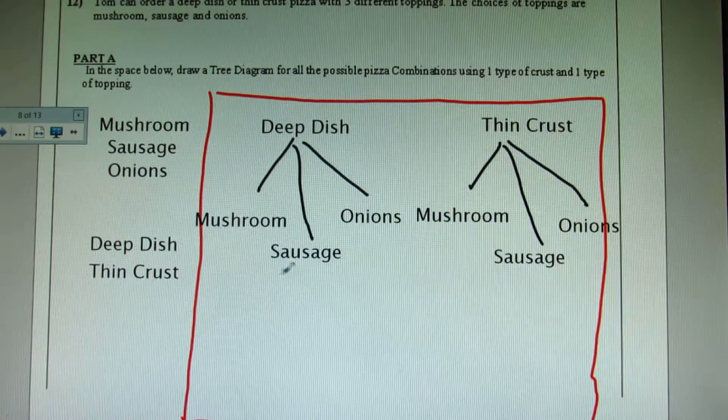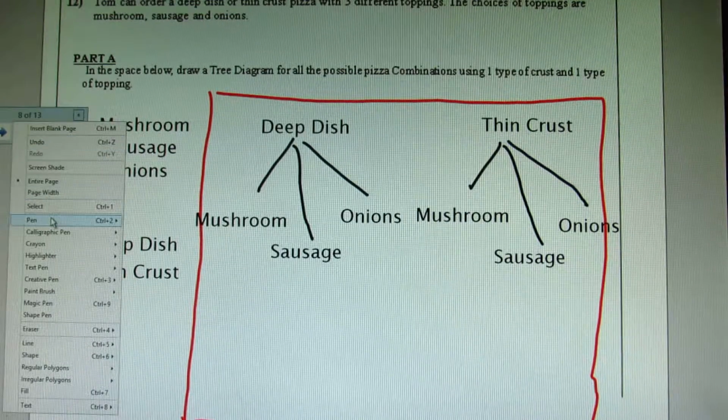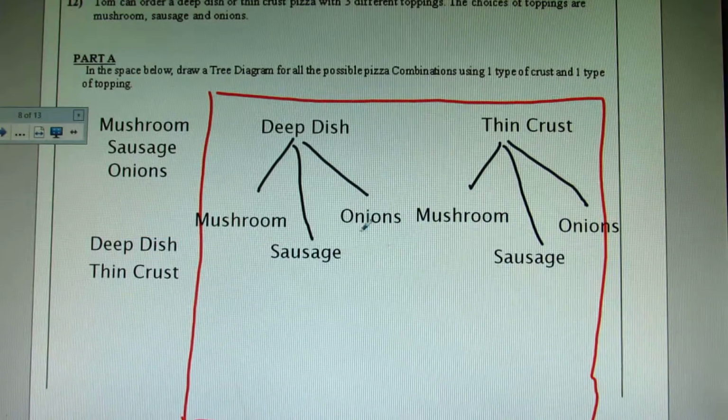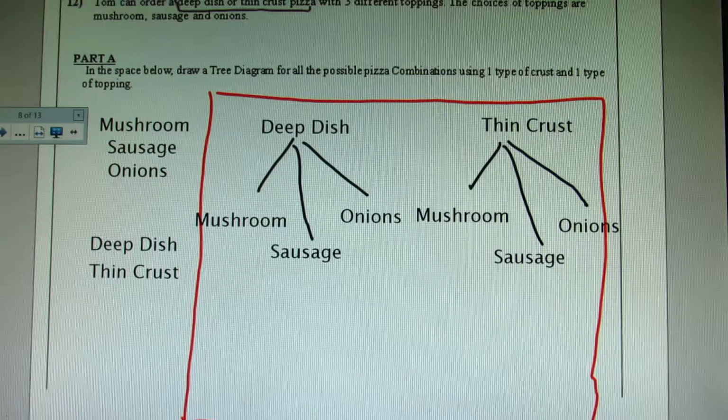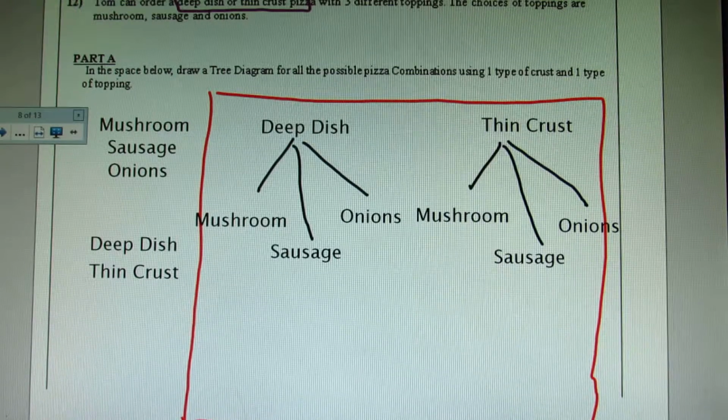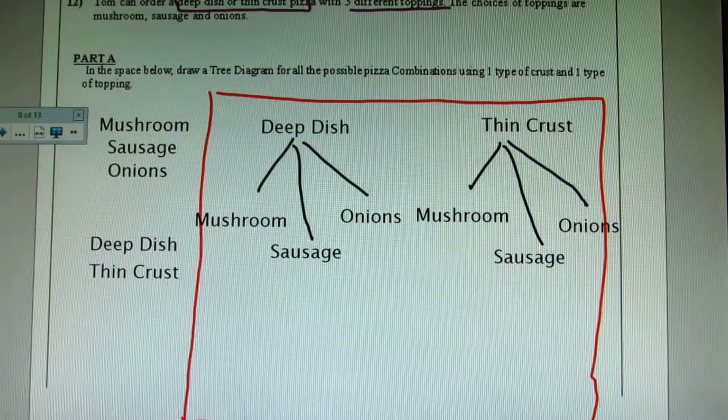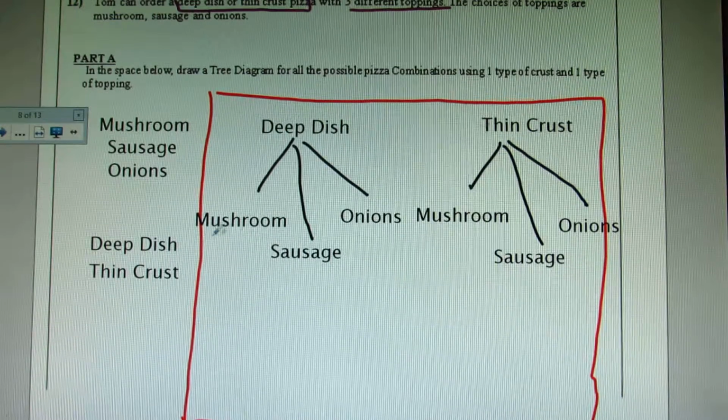Now, a way to check my work to make sure I drew it correctly is to do the counting principle. The counting principle says I take the number of choices that I have, the number of options. So I have 2 options here, and I obviously have 3 different toppings, and I multiply them together to get 6. And I should, in my last